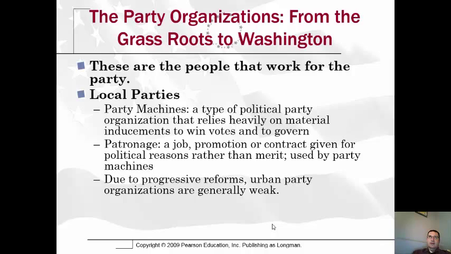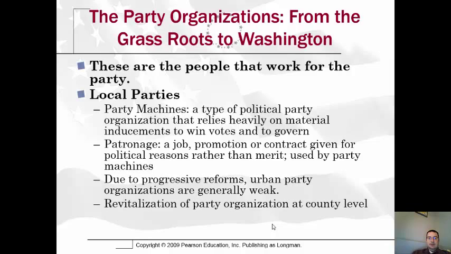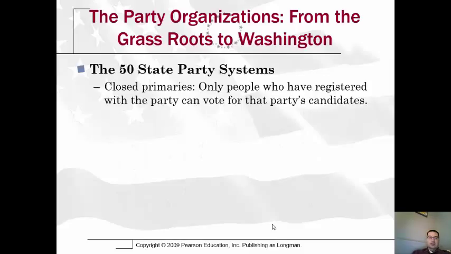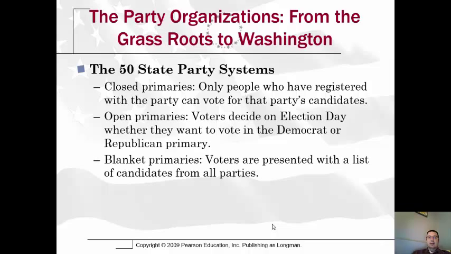But around the Teddy Roosevelt time in the early 1900s, before World War One, a lot of that was changed and the spoils system was thrown out. And we started to say, well, if you're going to have a government job, you need to be qualified for it. All those things we looked at earlier in the bureaucracy section. And now at the county levels, there's a lot of organization, right? So the parties help run